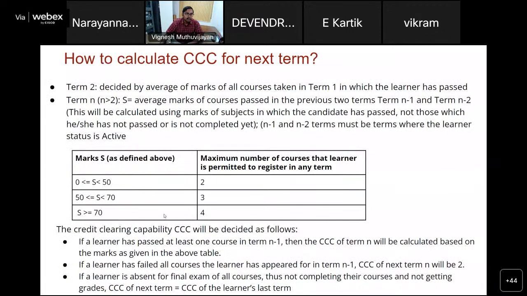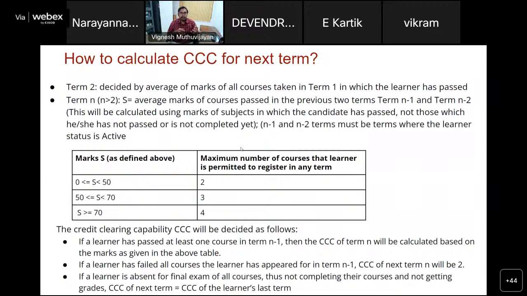Okay, let me walk you through the CCC, or the credit clearing capacity, for each term. If you are in the second term, it will be decided by the average marks of all the courses which you had registered for in term one. In the subsequent terms, for n greater than 2, S is the average marks of courses passed in the previous two terms. So not just one term.